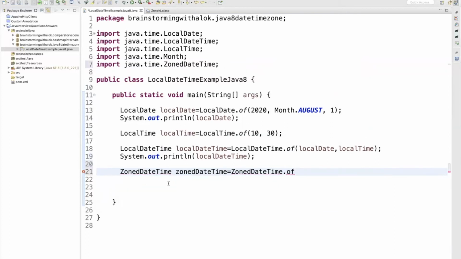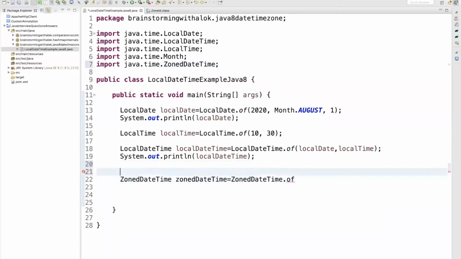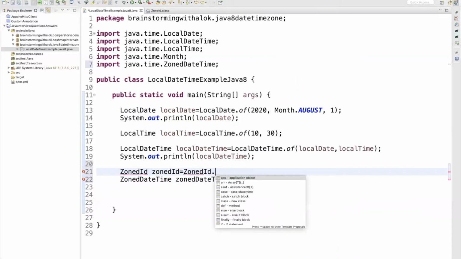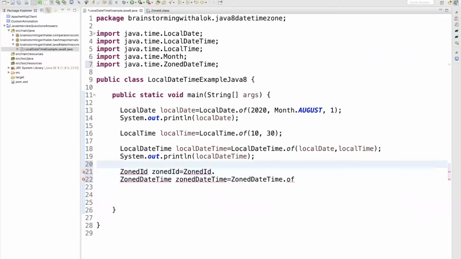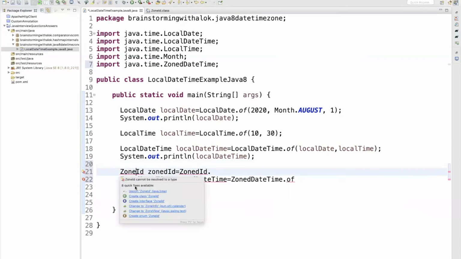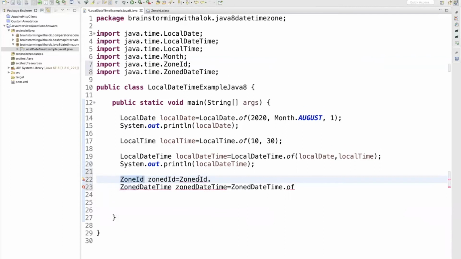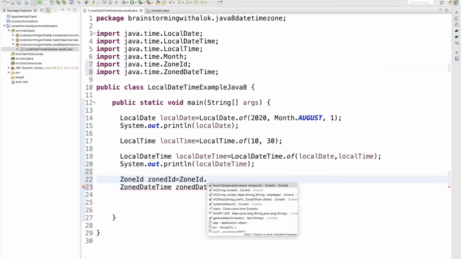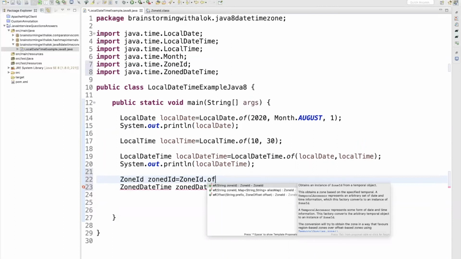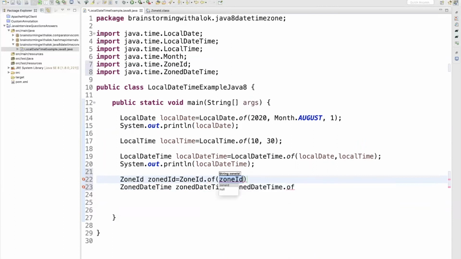So let's include this. It's also part of the java.time package, and it needs a ZoneId. You have to define the ZoneId also. All classes have static methods, and ZoneId.of takes a string you can specify.